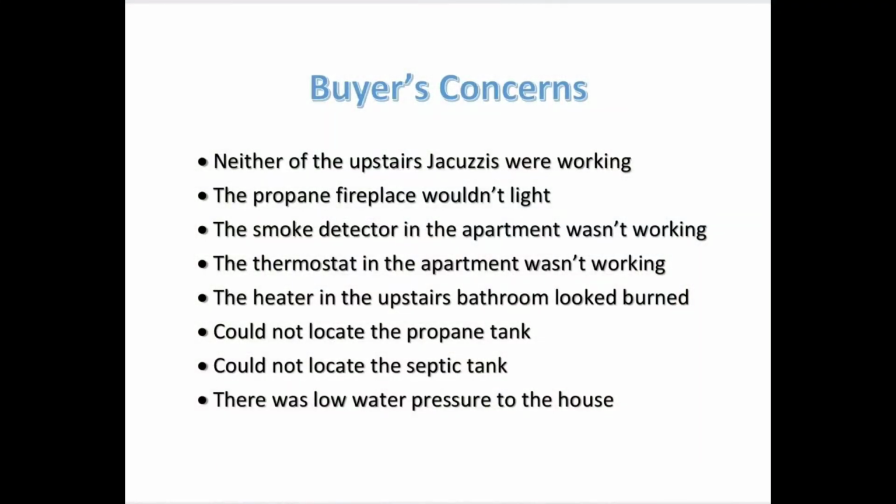When the inspection report came back, we found that neither of the upstairs jacuzzis were working, the propane fireplace wouldn't light, the smoke detector and the thermostat in the apartment were both not working. The heater in the upstairs bathroom looked like it had been burned. They could not locate the propane tank, they could not locate the septic tank, and there was low water pressure